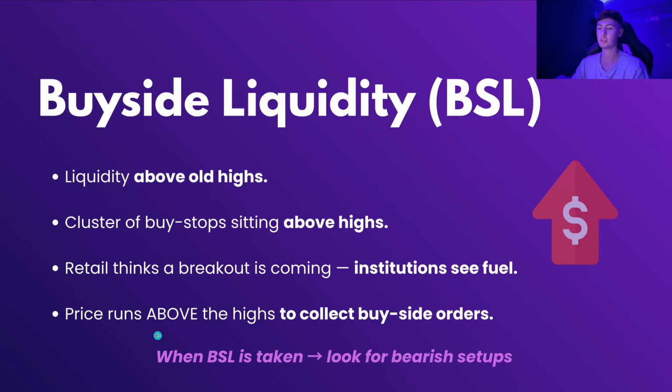So with retail, it literally does not matter whether you're going short or going long. At some point, the market makers are going to take both sides of the market in one sitting. So what we do as smart money traders is whenever we see a key point in buy side liquidity get taken, we look for bearish setups. You look for your inversion fair value gap model, you look for your bearish market structure shift with a fair value gap, you look for your unicorn model, you look for your optimal trade entry for going short. And really important, you must wait for the liquidity sweep to happen first.